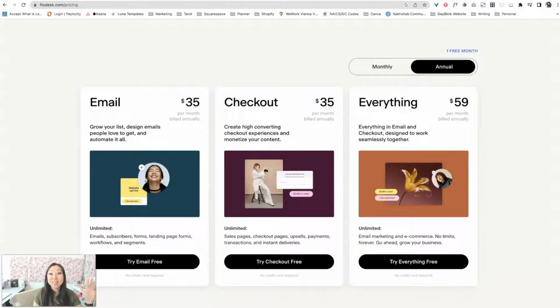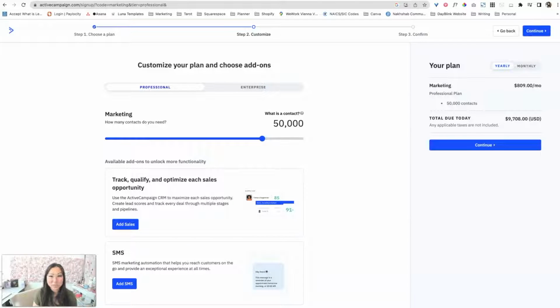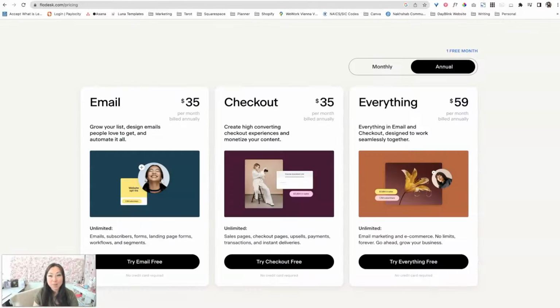So again, I left ActiveCampaign because it was way too expensive, and I've moved to using a combination of FloDesk,